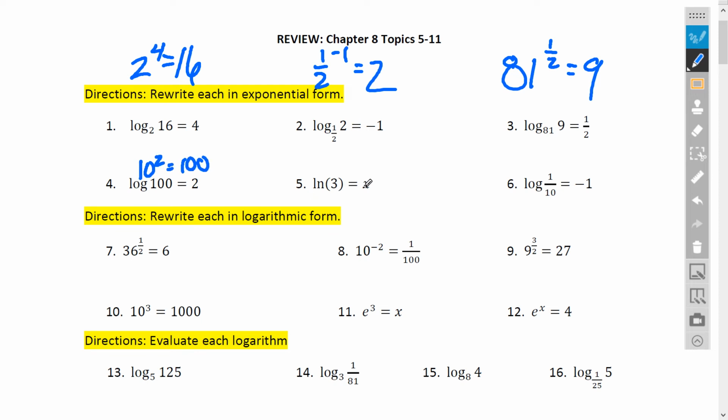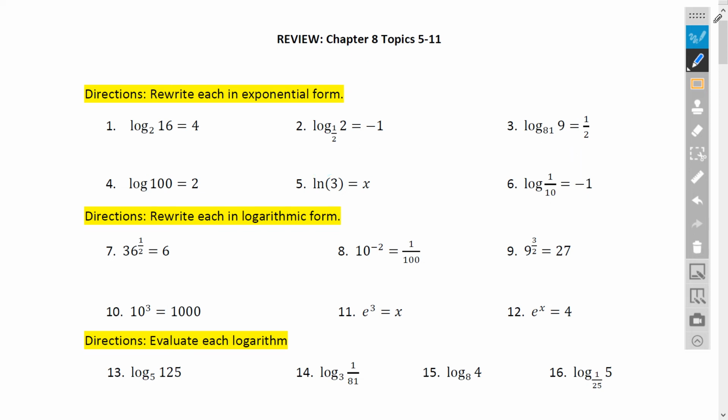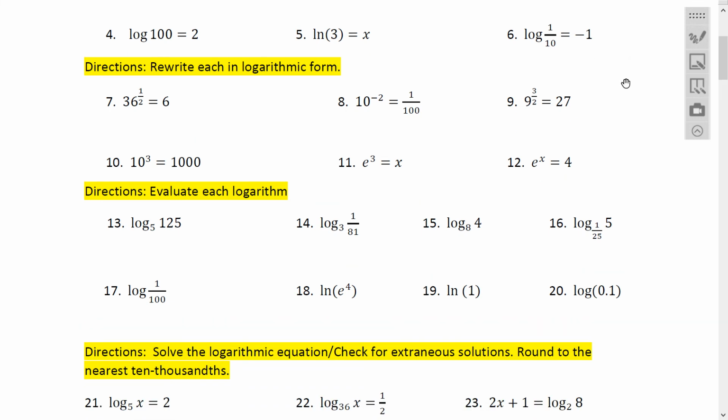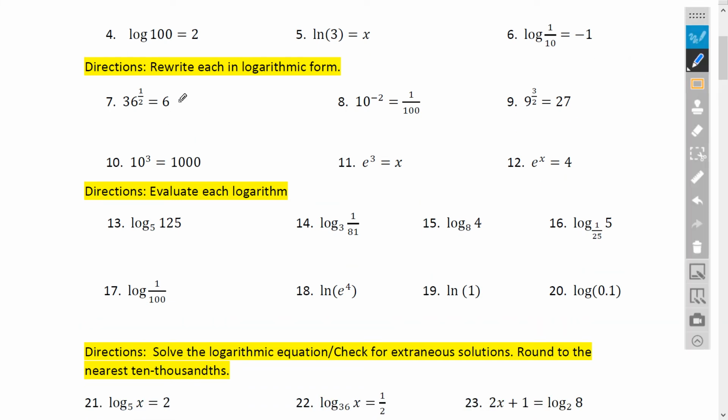Natural log of 3 equals x. So natural log has a base of e, so e to the x equals 3. And once again, common log has a base of 10. So 10 to the negative 1 equals 1 over 10. The next few we were going to write in log form since they start in exponent form, so just the